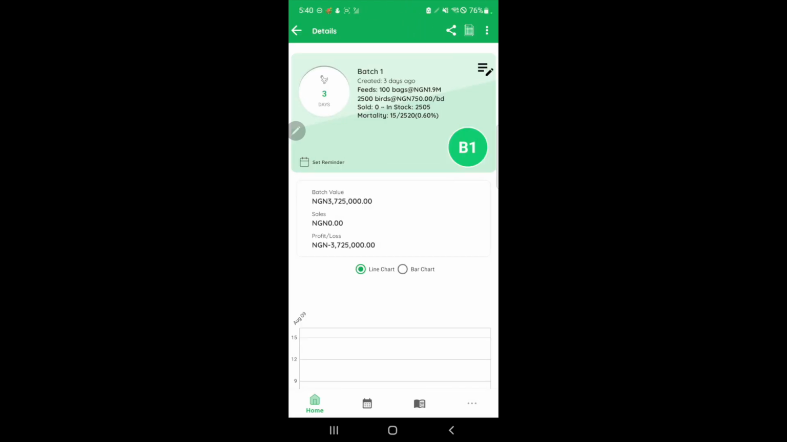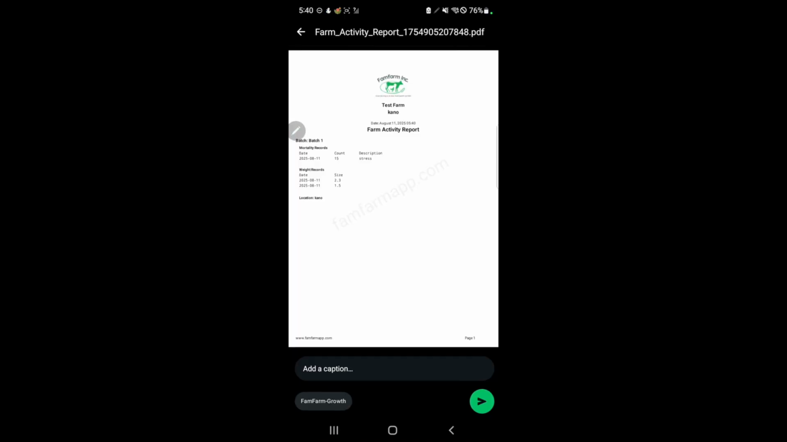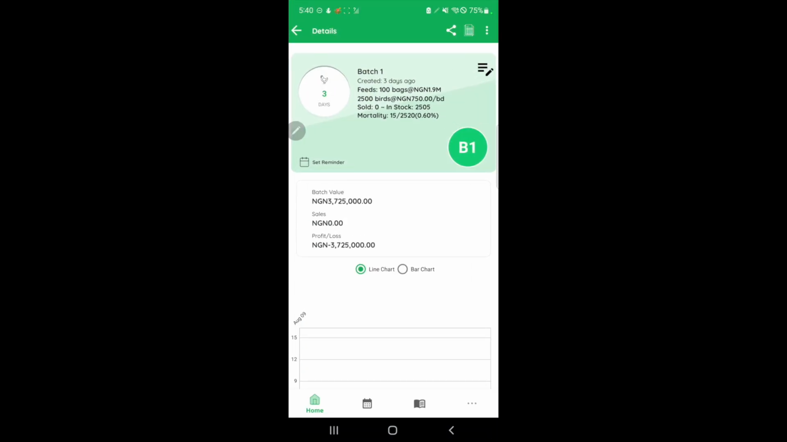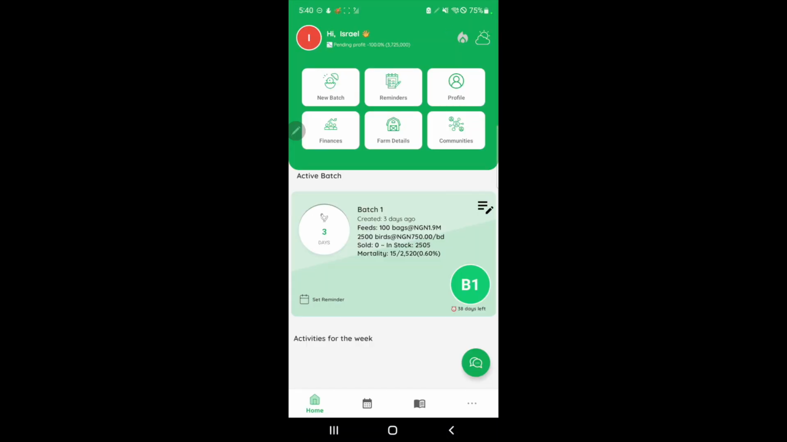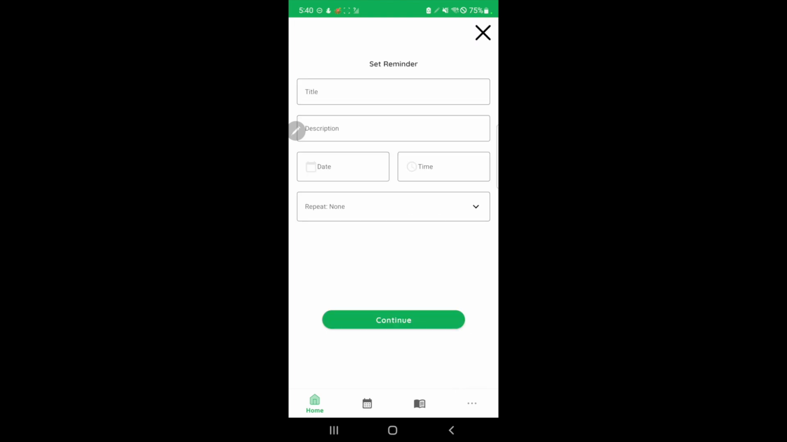Okay, so let me try to share the record again. So it carries the information now. That's the information I provided during the farm info setup. So let's go back to the app and see some of the other things we can get done on the app itself. So as a farmer, you can create your reminders. It's a new reminder,